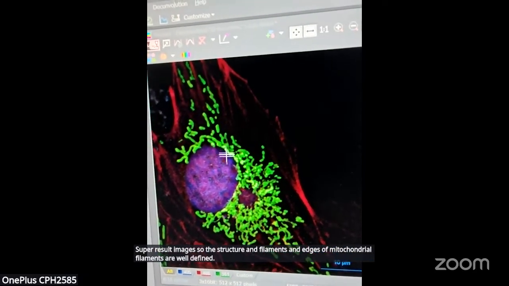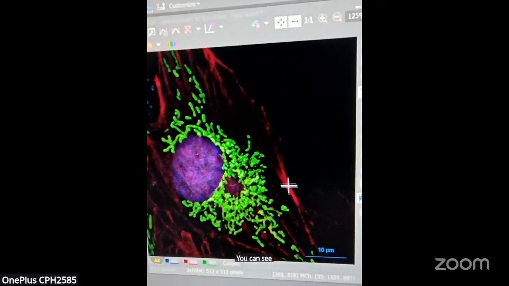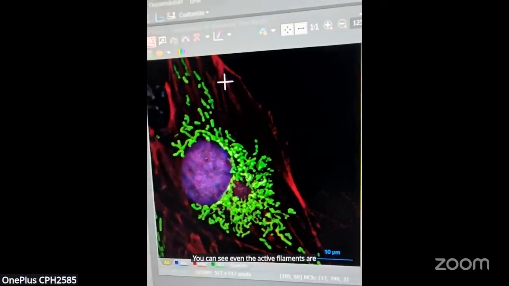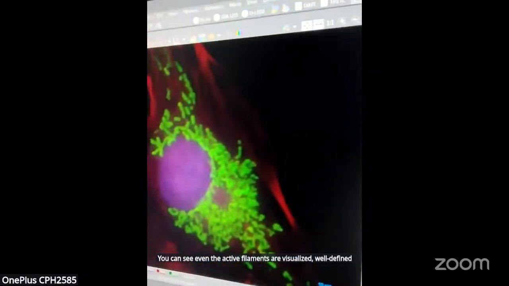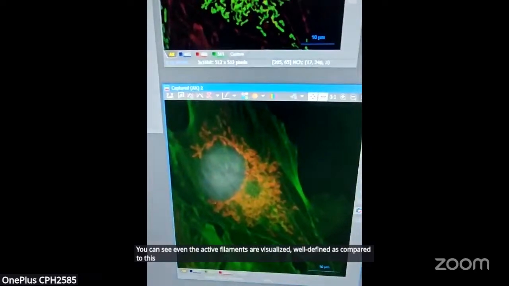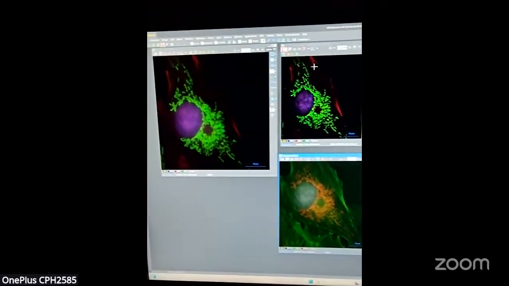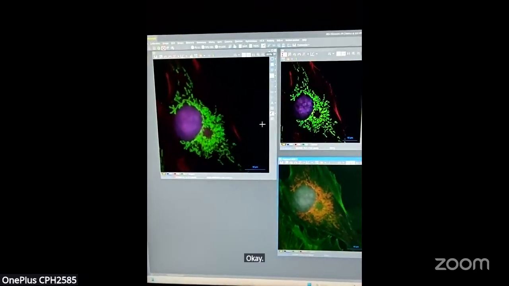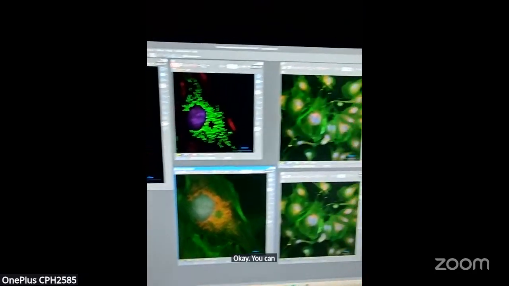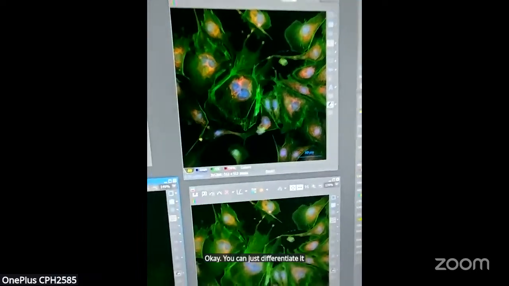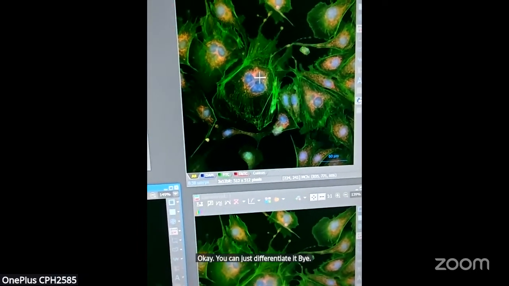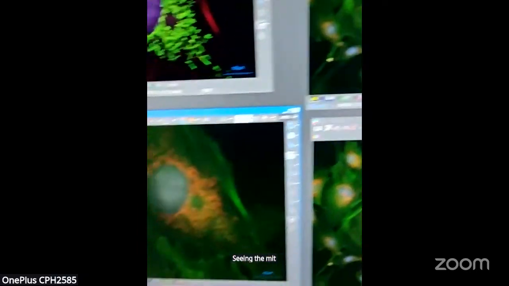You can see even the actin filaments are visualized and well defined as compared to this and this. Okay. You can just differentiate it by seeing the mitochondrial filaments.